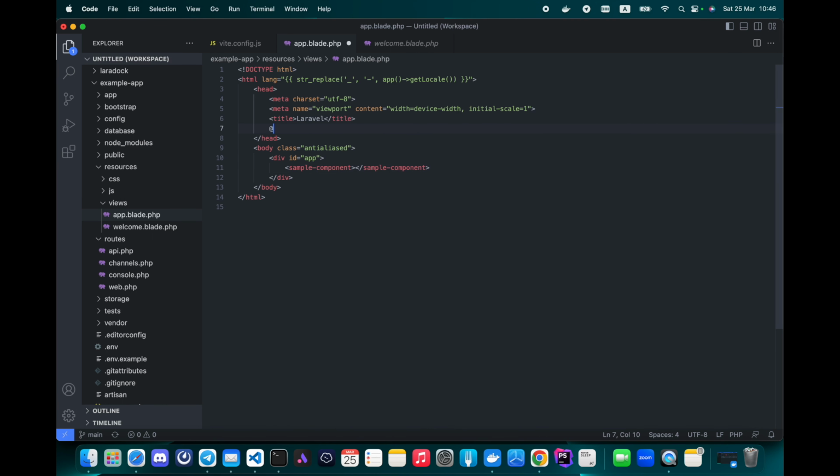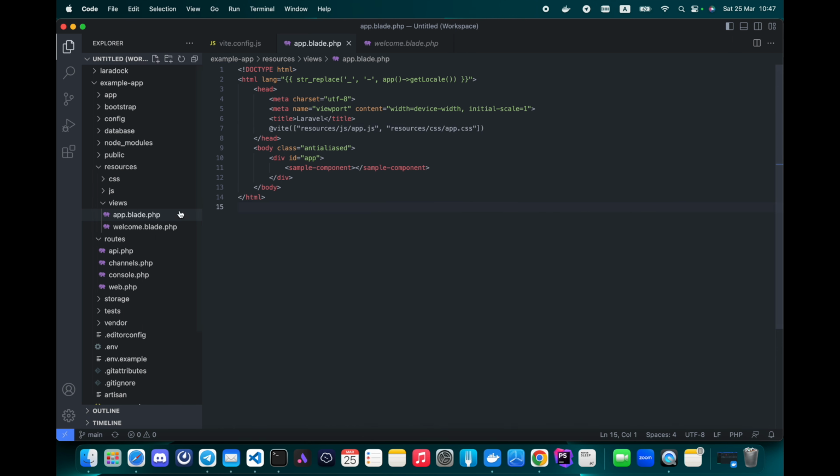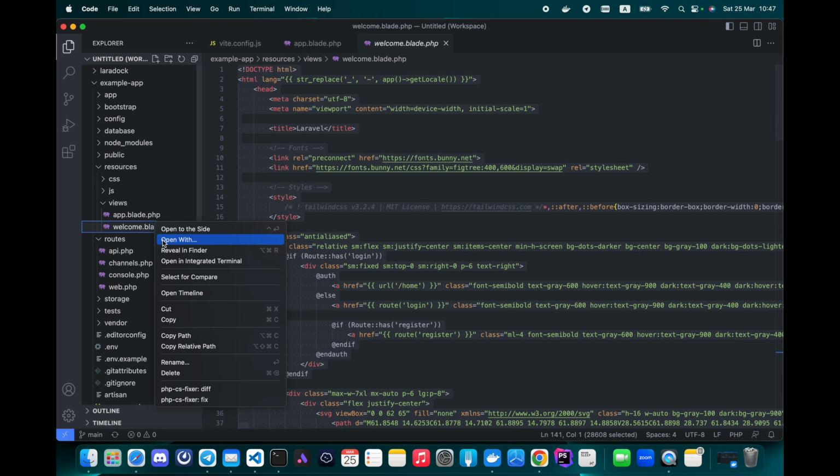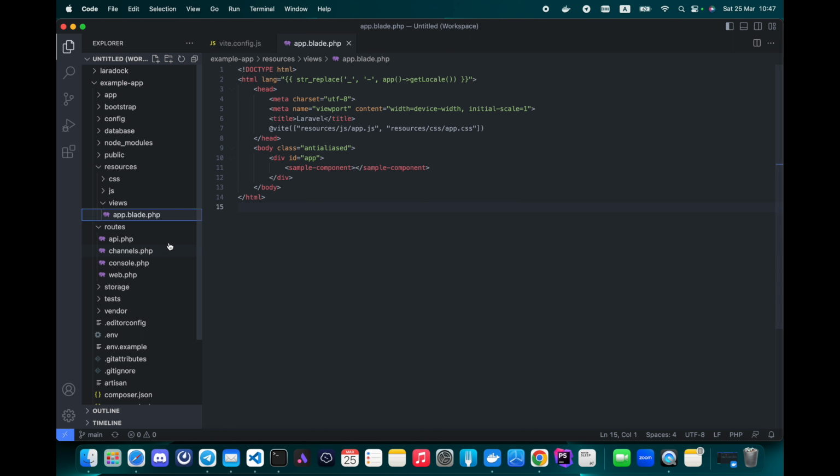Then we need to use the Vite directive to include app.js and app.css. Now we can delete the file welcome.blade.php and change the index view in routes web.php.